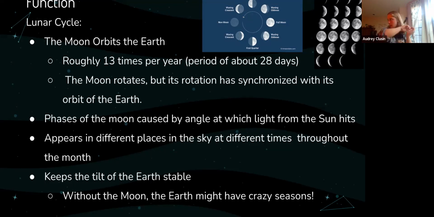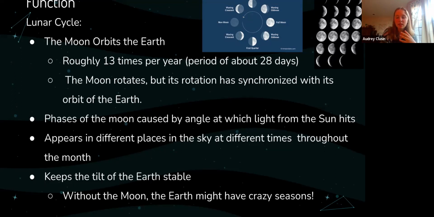And then when the moon is on the opposite side of the Earth from the sun, it's completely bright because all of the light that's shining on the moon is shining on the visible side to us.